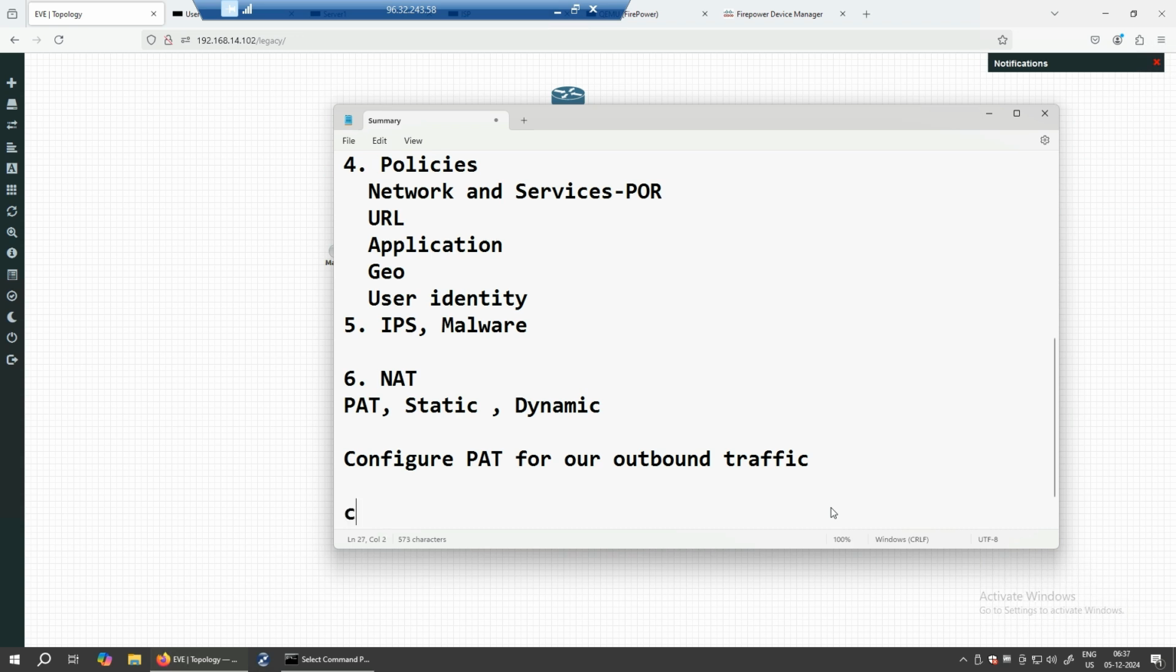We will configure inbound traffic. So we configure a rule for inbound traffic, and this one we are going to use, let's say, static port forwarding. Why will we do port forwarding? Port forwarding, I've told you that